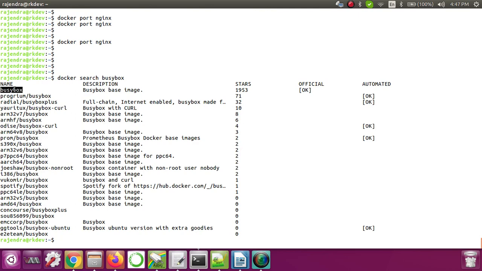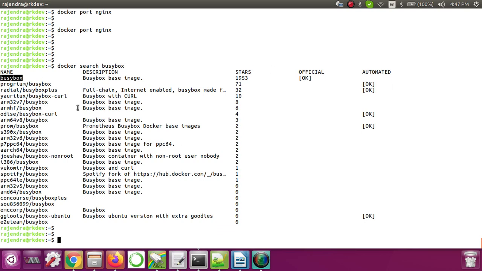The busybox image is directly available, and there are other busybox images as well, but there are a lot of them and we mostly use the first one.